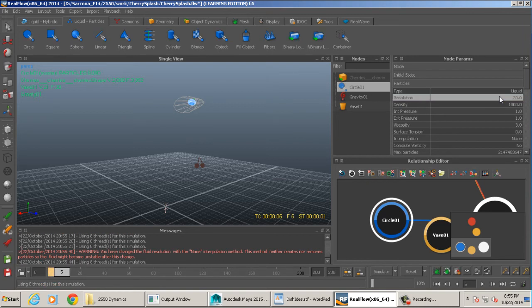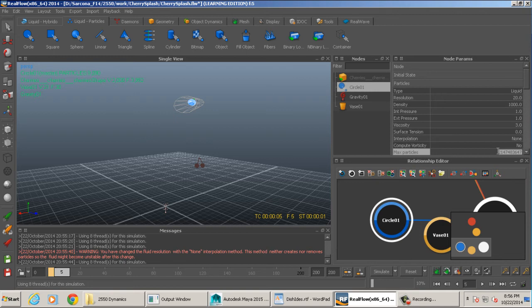Okay, I'm at frame 5, and I have about 10,000 particles. So that seems pretty accurate. So if I know that by the time this thing hits about frame 80, 80 times 2,000 would be 160,000, right? So what I'm going to do is also come down to this max particles, and